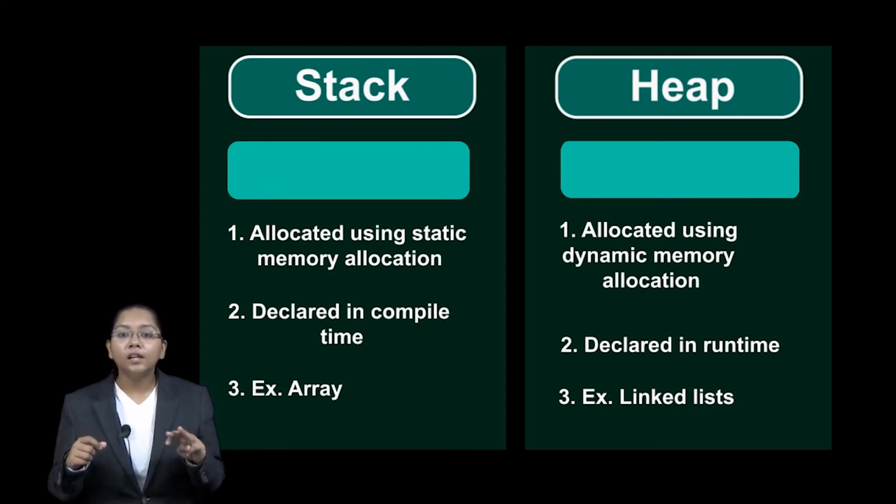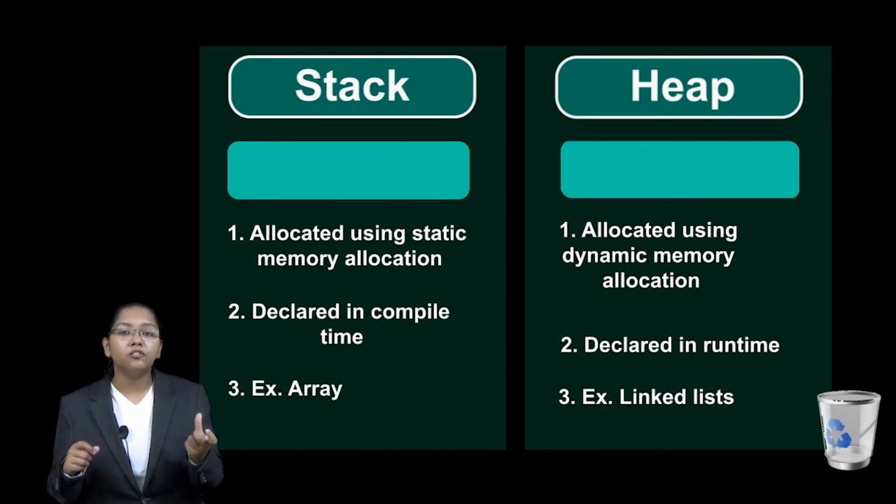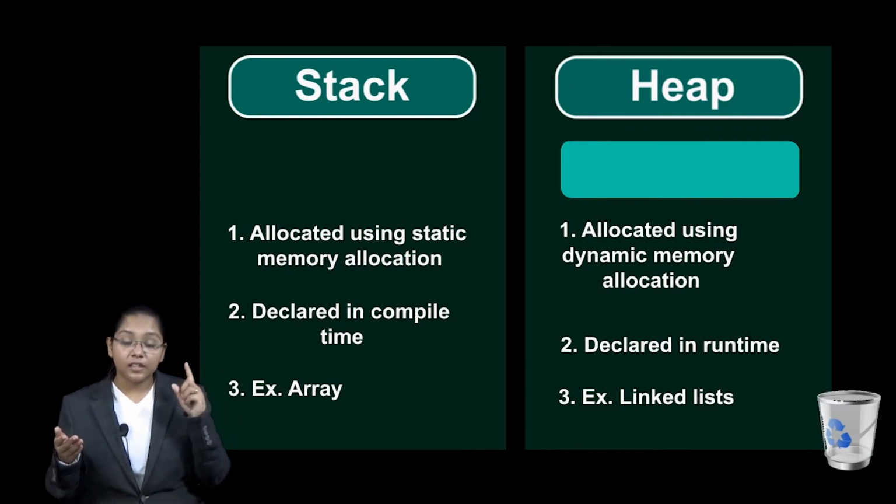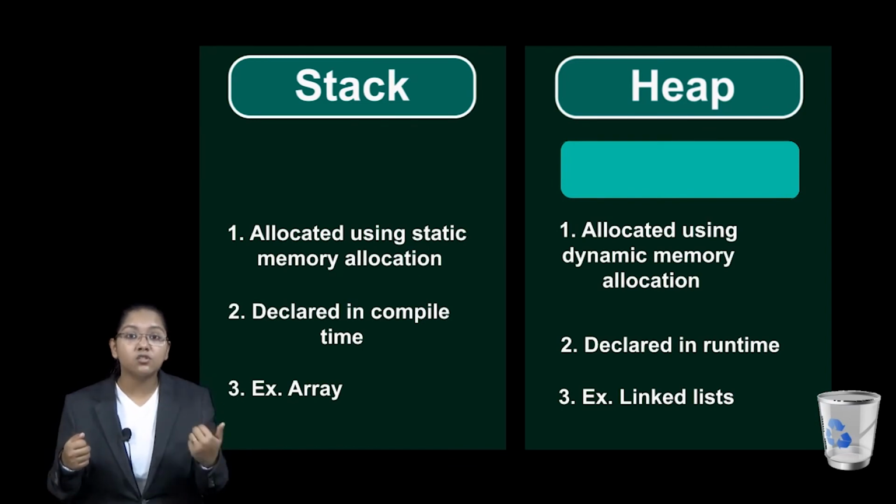Now thirdly, once the stack stores a particular memory, further if its use is over, it gets deleted automatically. We have learned the scope of a variable, right? Once it is declared, if the scope is over, then the variable gets destroyed, and it gets destroyed from the memory too. This is because it gets stored in the stack, and the stack allows me to delete the memory automatically.